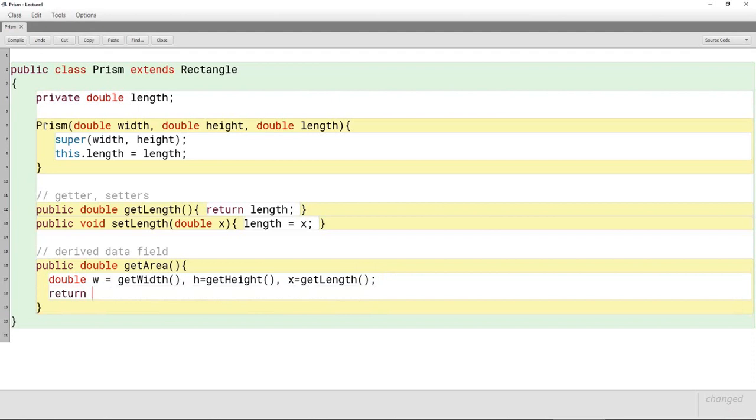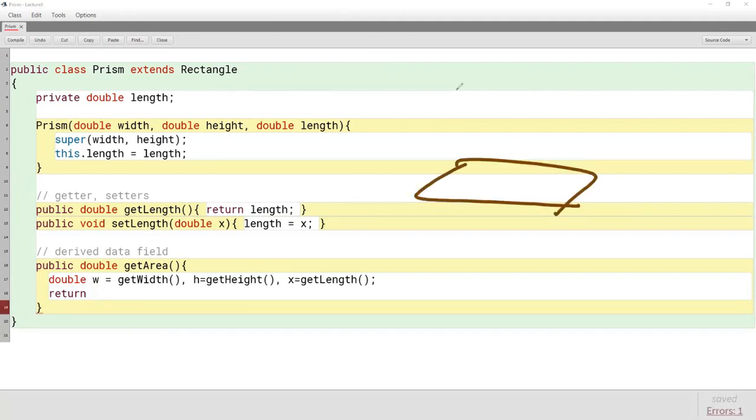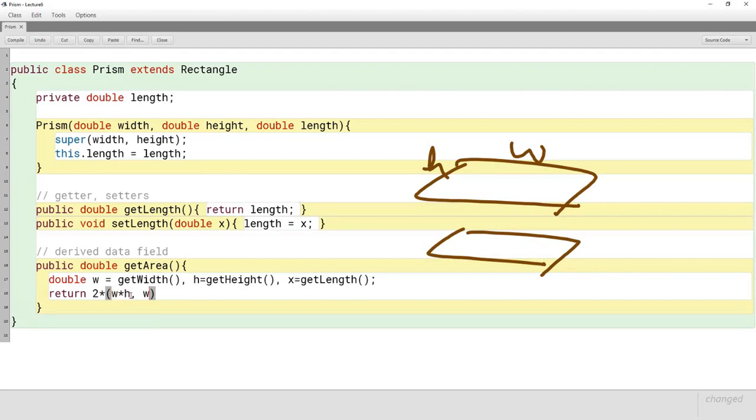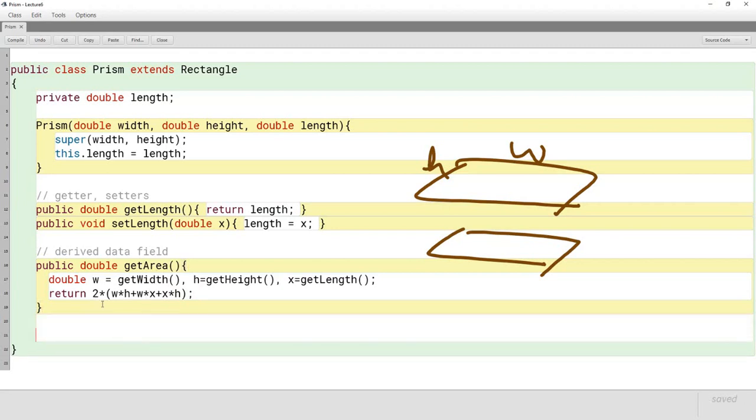Okay, and your area should be, you have a surface area, right? So your surface area is width and height, width times height times 2. Right, so you need to return 2 times width times height, width times length plus length times height. Okay, that's the surface area for it. Okay,